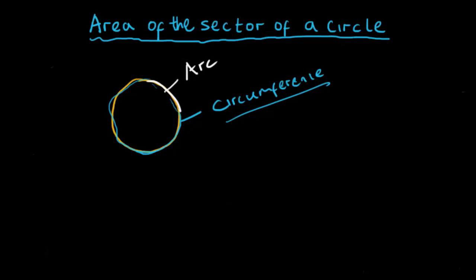Now the next thing we want to look at is the radius of a circle. Every circle has a midpoint. If you draw a line from the midpoint to any part of the circumference, it's known as the radius of the circle. So all these lines are known as the radius of the circle, and they are equal. Do you understand?